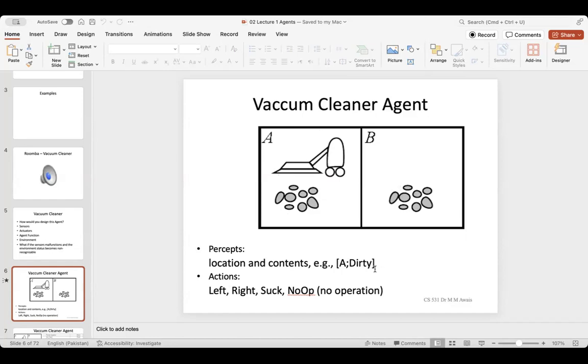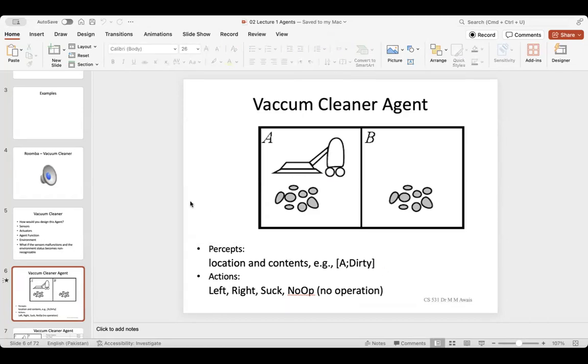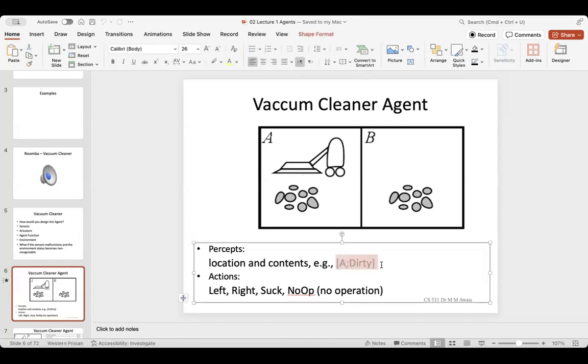And that can actually be seen as two percepts or perceptions that are made about the environment and the presence of that particular robot. So here it says A, dirty. This means that